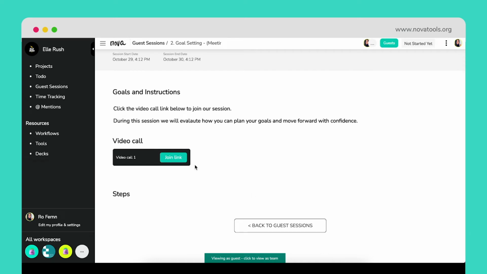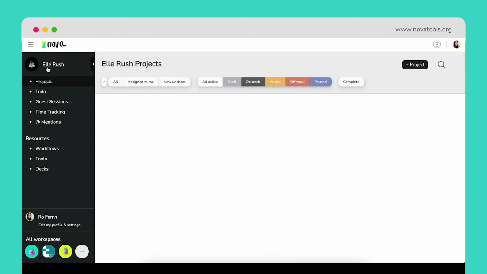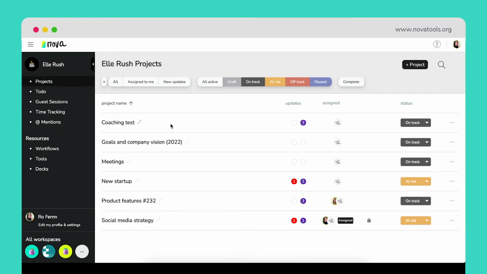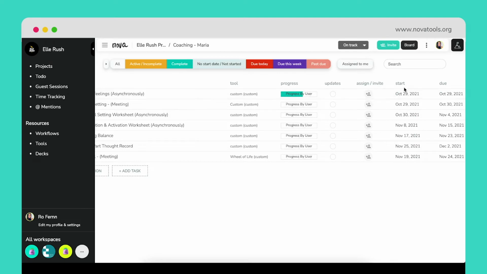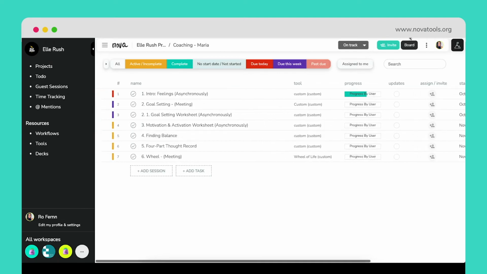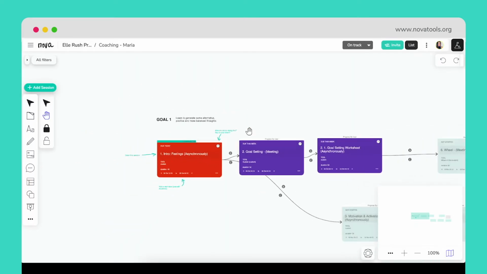So to give you an idea of what you will see, we're gonna go to projects, and now what you are gonna see is that you have here their workflows. This is the workflow. Let's say this will be coaching for Maria, that is the client, and you have the sessions here. You put the dates here. You also have the view as a